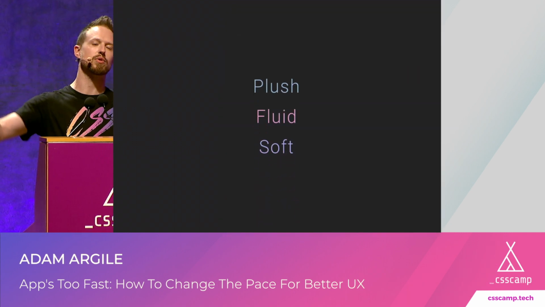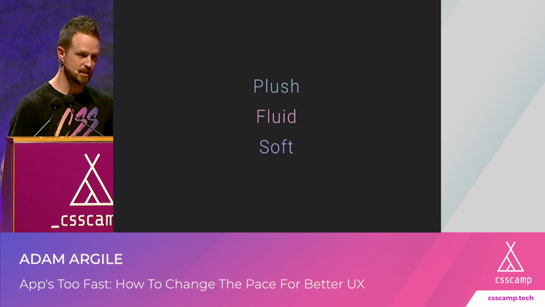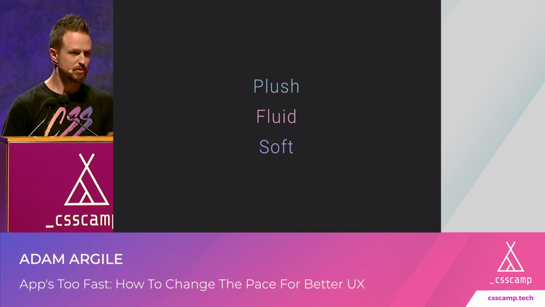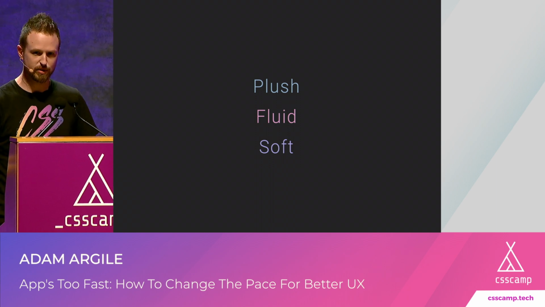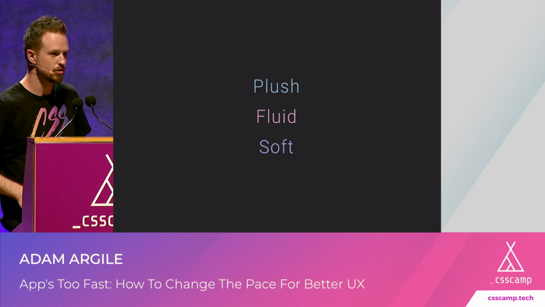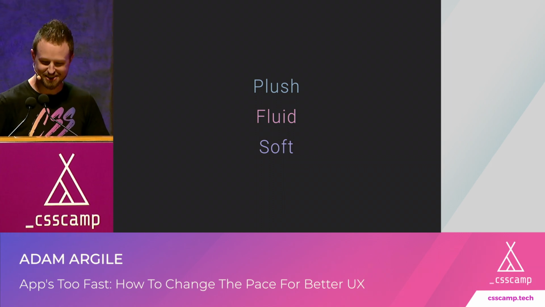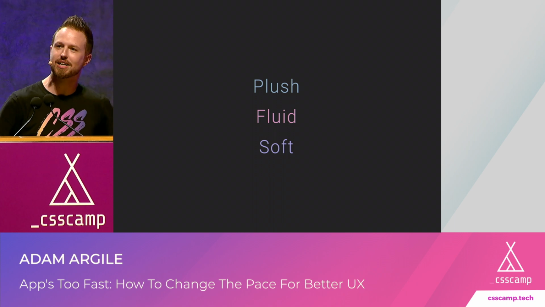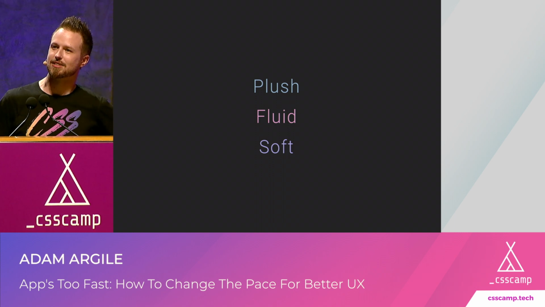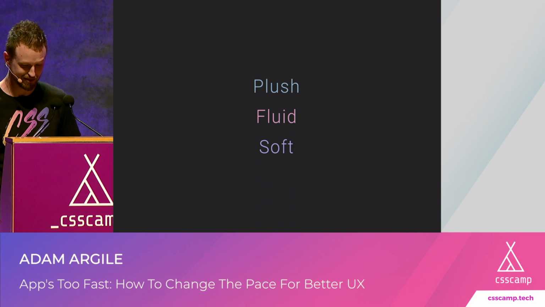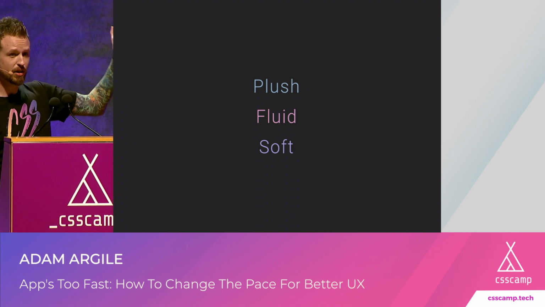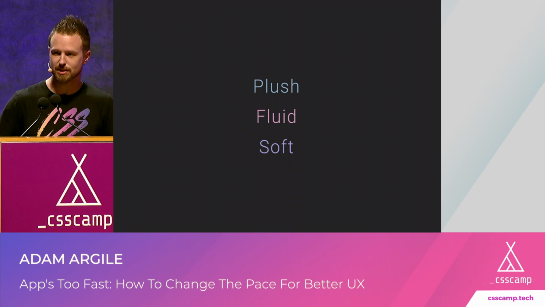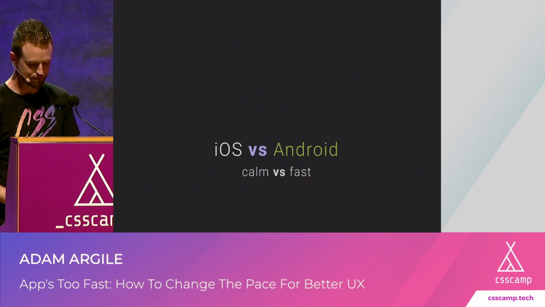These are the words I want to advocate that we build our apps. Plush, fluid, and soft. Similar to the things that we surround ourselves with, the things that are desirable. Like, look at our clothes. Who's wearing clothes that are snappy and elastic? Oh, wait, actually, I got some of those. Anyway, underwear joke, I guess. That wasn't intentional. But plush, fluid, and soft, right? Most of the clothes we have and we go buy and blankets that we buy, these are soft things. These are things we want to surround our life with.